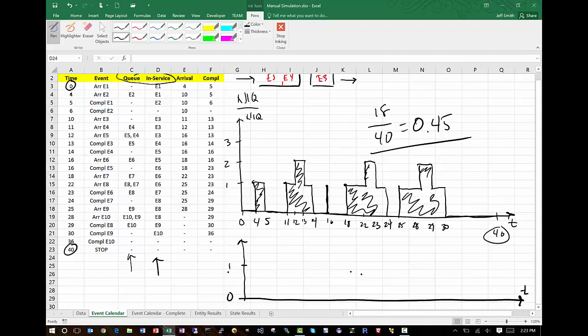And you can see, again from column D, that the server is busy from time 0 to 6, so it's processing entity 1 for 5 time units and entity 2 for 1 time unit. Then it's idle between 6 and 10, then it's busy all the way till time 36 when we complete processing on E10. So we go from 0 to 6 and it's busy, and then 10 to 36 it's busy, and then 36 to 40,